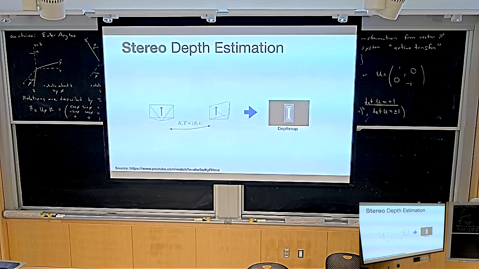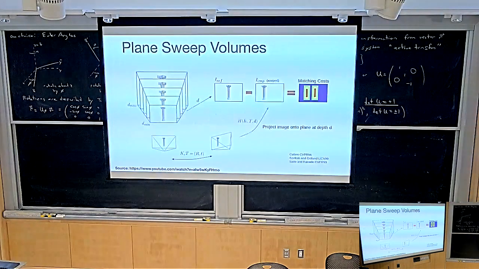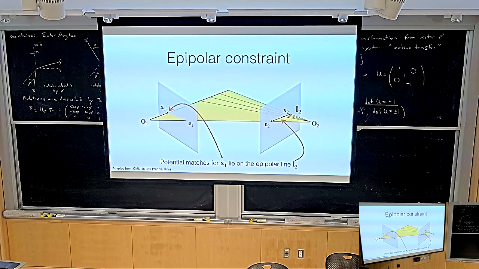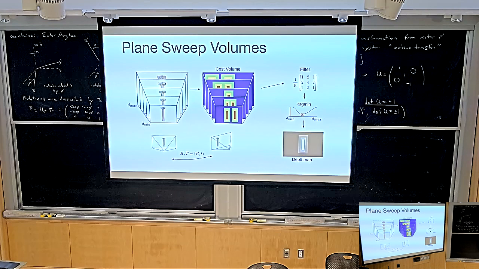Well, this is actually a bad image. Let me see if I can find another stereo image. No, I don't think I have another stereo image in the slides, but maybe you can imagine. Actually, you have a stereo camera in your head, which is your eyes. So maybe you can imagine what that would look like, right? Your left eye shoots a ray, and now you basically project that. You can even look at my finger. Obviously, you can't look at my finger from my perspective. But if I stretch out my finger, it is somewhat aligned with my left eye, so I can look along my finger. And now I can look at my finger from my right eye. That is kind of the projection of that point on my finger onto my right eye, right?